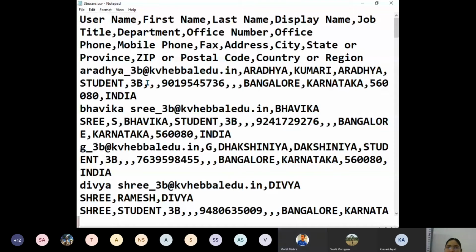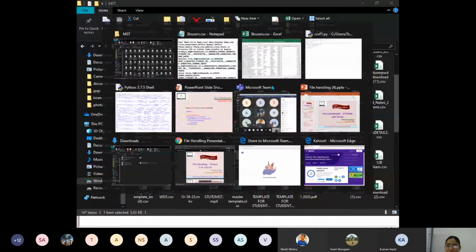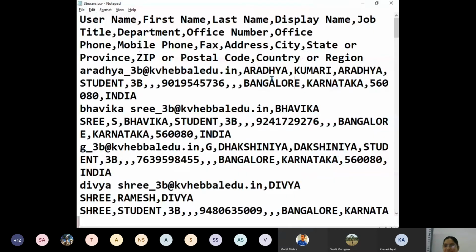This is comma separated. It is not a normal text file. It is a CSV file which can be opened using Excel sheet also. When you are opening and seeing it using Excel, you can think of it as if it is an Excel sheet only.